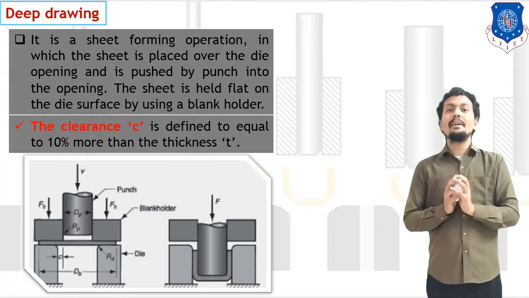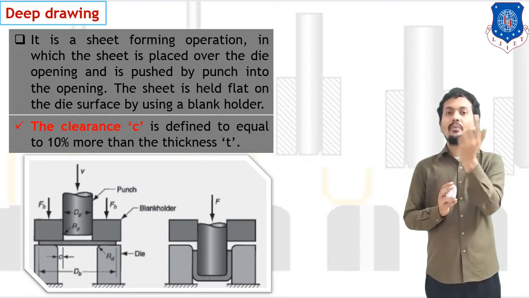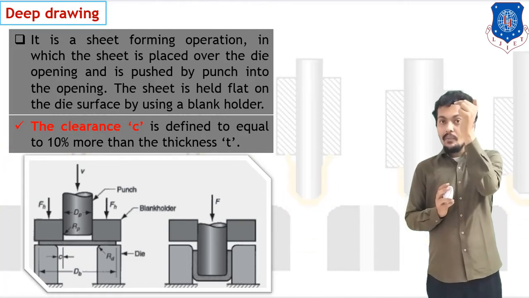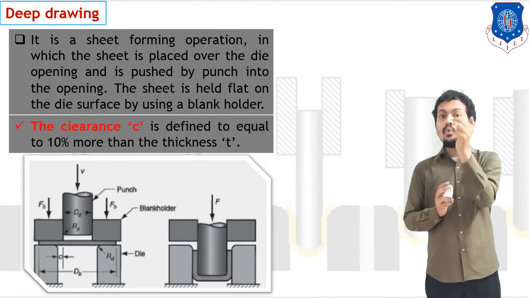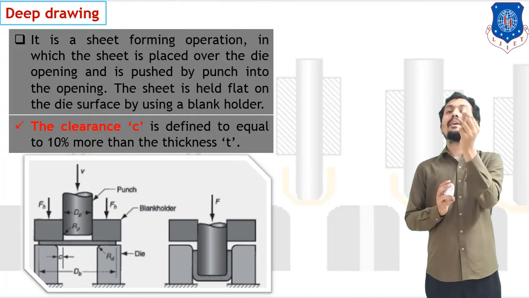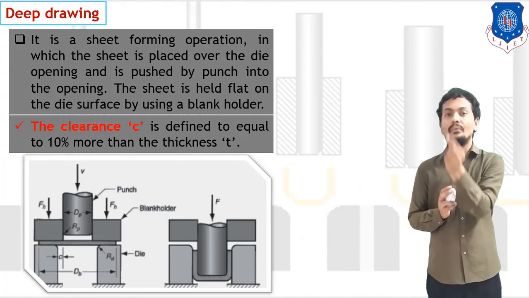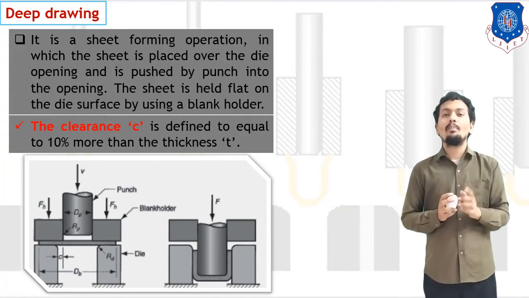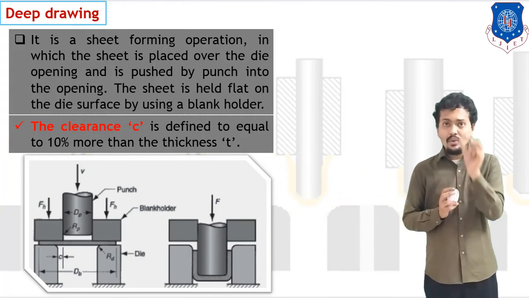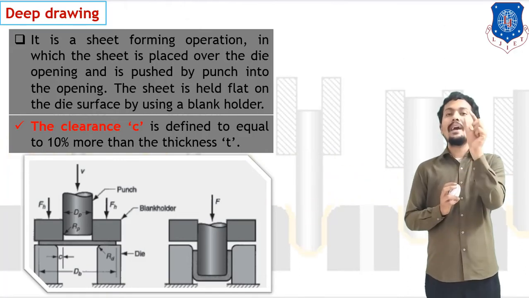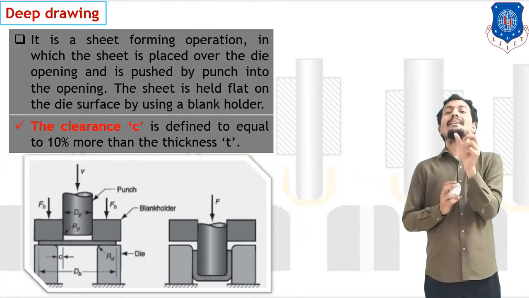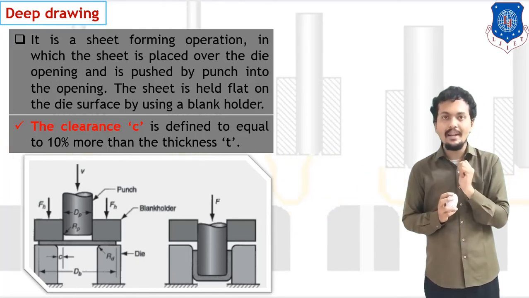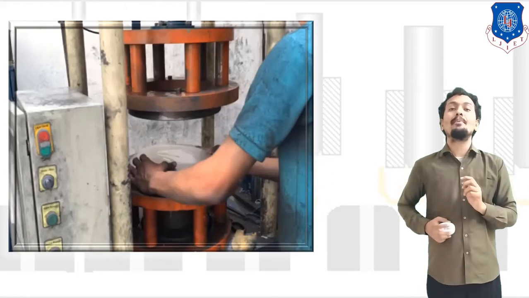Right? So once again I repeat, with help of the punch holder, we can hold our material, and at the middle part, when we apply force to the punch, what happens? Our material will plastically flow and fill the cavity, so that we can make a hollow cup with help of the deep drawing process, right? So here clearance is very important. We have to provide more clearance between the middle punch and the opening, that is the die, right? So this process is known as the deep drawing process.